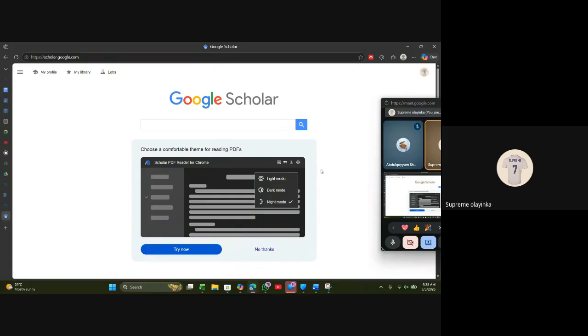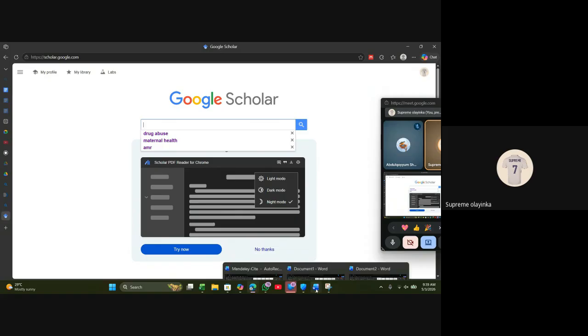The same thing now. Okay, so if you have something like this, what is the usefulness of this particular search box or this search engine? So whatever you need, maybe your research interest is about drug abuse, your research interest is oncology, your research interest is public health, whichever one. Maybe I'm trying to write a research paper, and the name of my research paper is